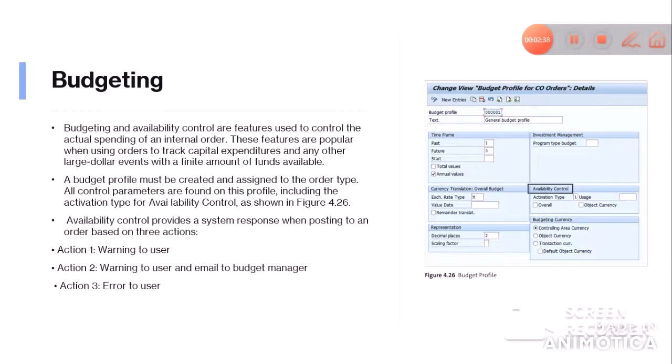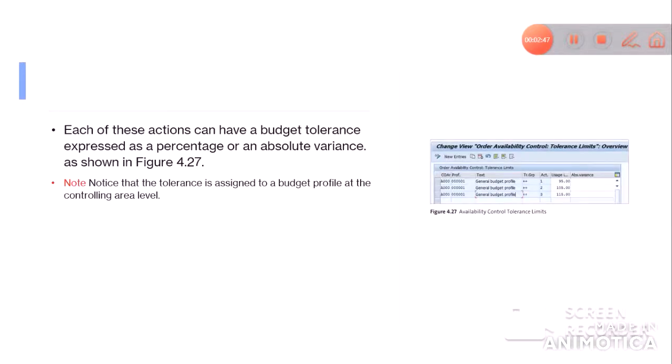So availability control, how much funds are available, will be maintained through this budget profile. Each of these actions can have a budget tolerance expressed as a percentage or an absolute variance. So notice that the tolerance is assigned to a budget profile at the controlling area level,